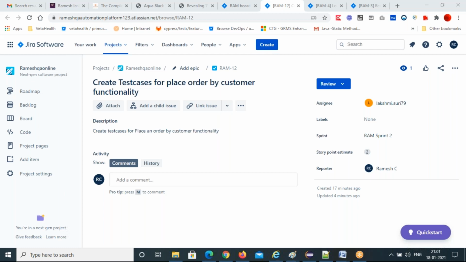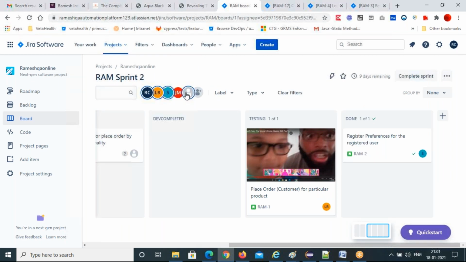You go to board on the left side. You can see the dashboard. MSQ online next generation shifting software project, and this filters dashboard. Just on the top you have projects, filters, dashboards, right? Click on dashboards. Then on the left side you can see roadmap, backlog, board. Just click on board. Then you can see sprint 2 and all the names, it will show for you.